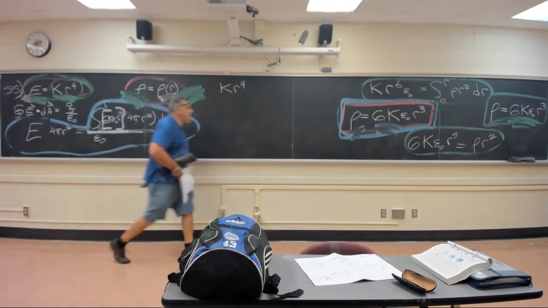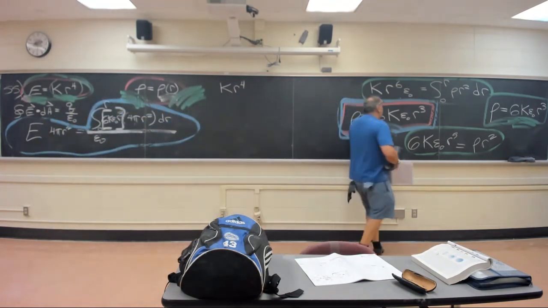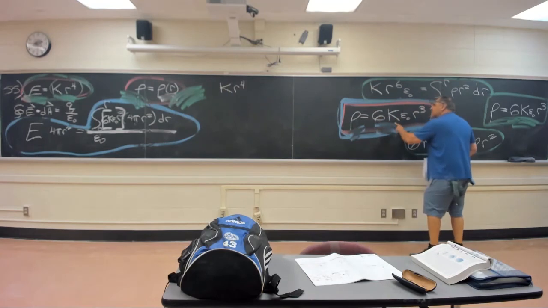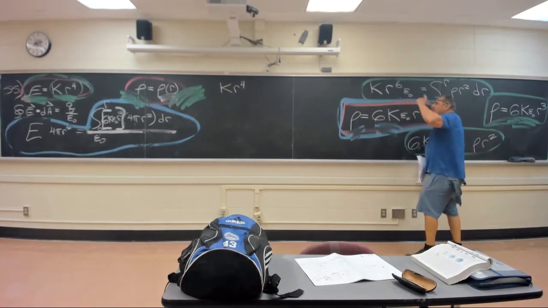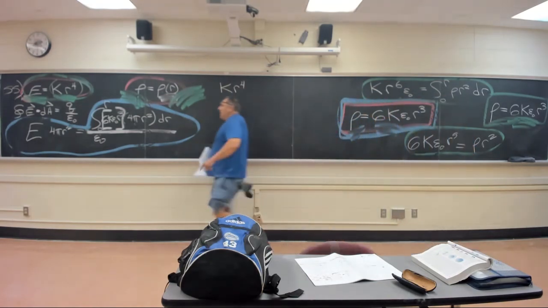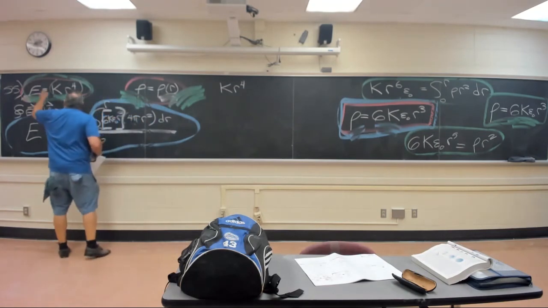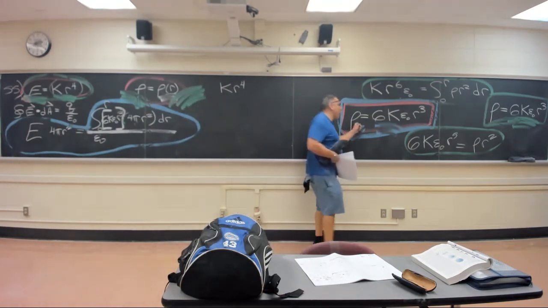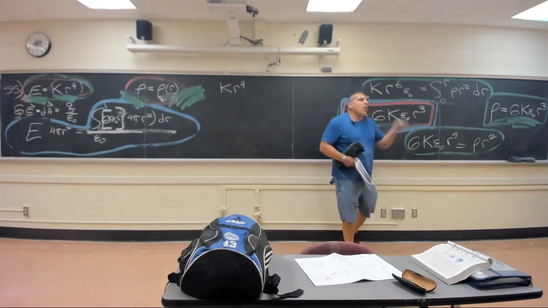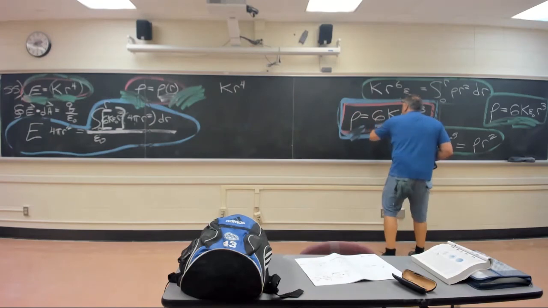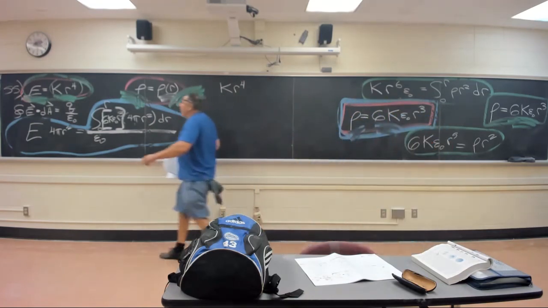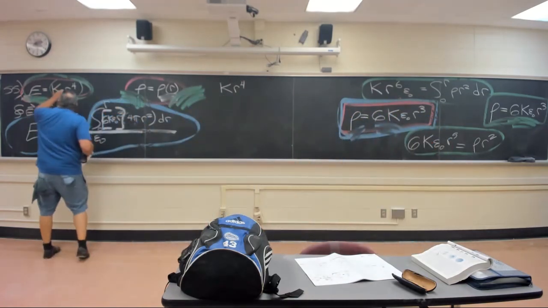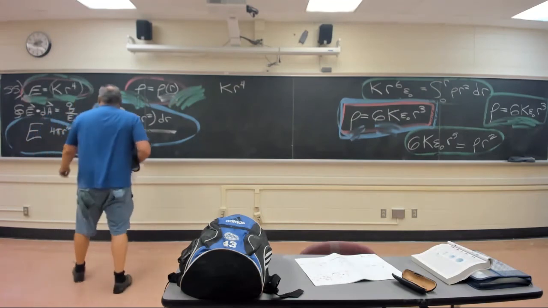Let's pretend they gave us this first, and instead of asking us, they initially gave us what E was. They told us that E was this, capital K r to the fourth. They said, okay, I gave you that, solve for rho, and we did. What if they gave us rho first, and they said, solve for E? And you don't know that E's equal to this. You got to prove it. Well, I'm going to say